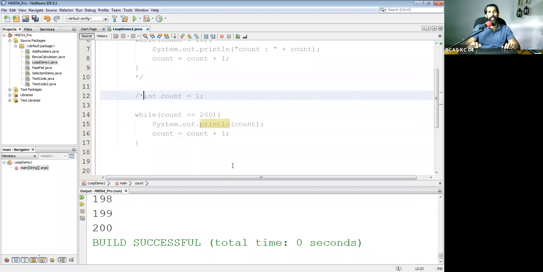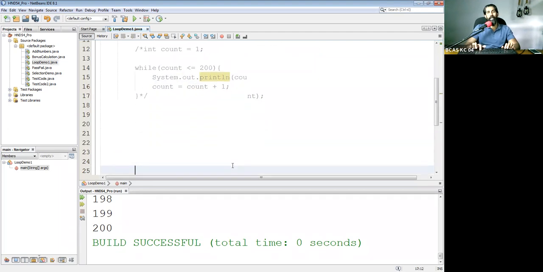Then the exercise that we did yesterday also we will do, which is printing numbers from 100 back to 1. So again, we'll take a variable called count, and we have to start the value from 100 here, not from 1. Then we can again have the while loop.